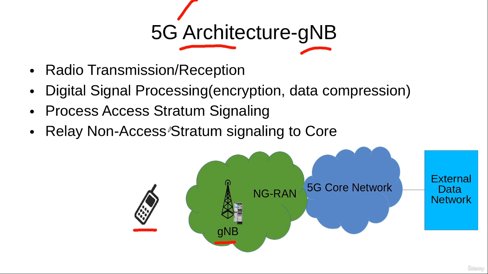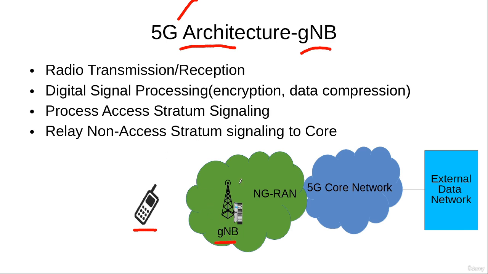After that, it is important to understand the difference between the two types of signaling from the aspect of the access network. One is called the access stratum signaling. Access stratum signaling is that signaling which is going on between the user equipment and the gNB. It may be during the call, or it may also be when the user equipment is not in a call. So as this signaling is only between the user equipment and the gNB,